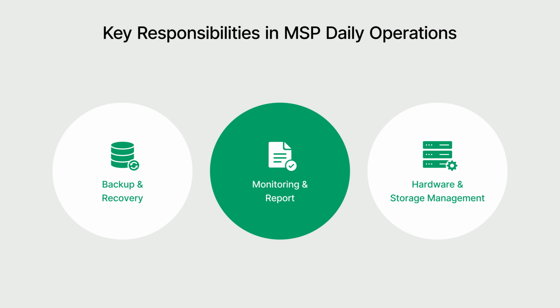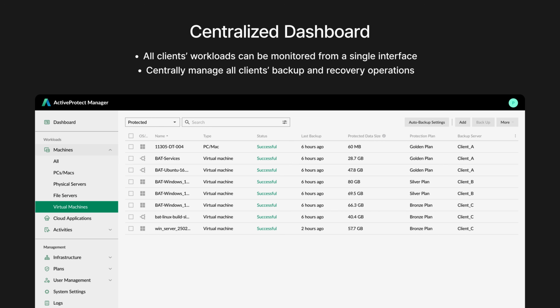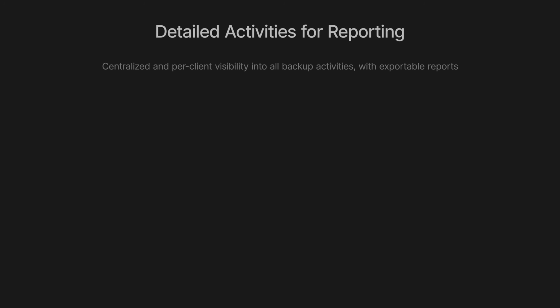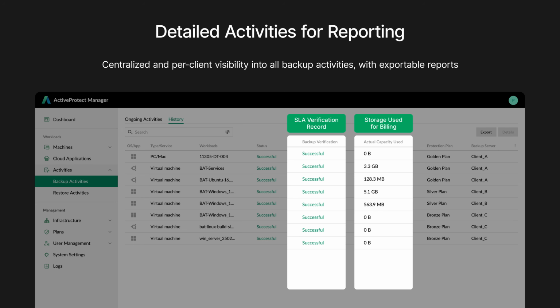Next is monitoring and reporting. ActiveProtect gives service providers a unified interface where they can monitor backup and restore statuses across all clients and perform related tasks, significantly streamlining multi-client operations. From backup activities, service providers can review activity logs across all clients for reporting and auditing. Verification records provide evidence of backup verification to demonstrate SLA compliance, while capacity used shows how much storage each client